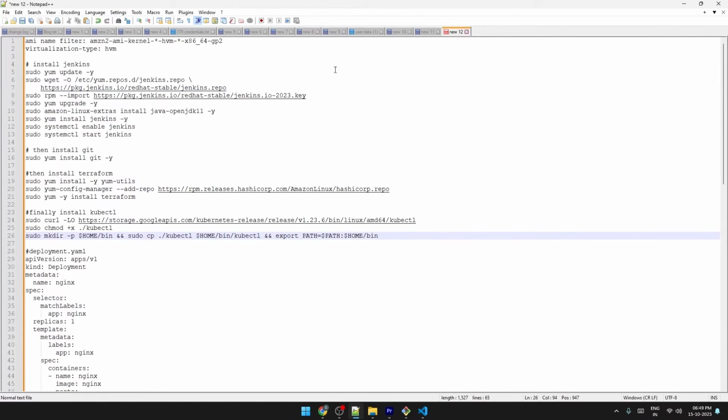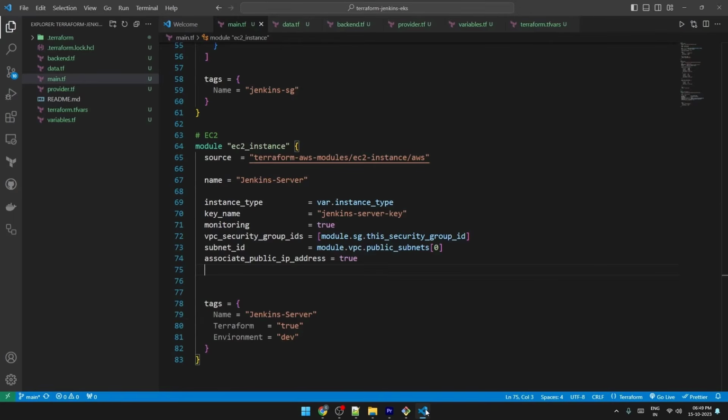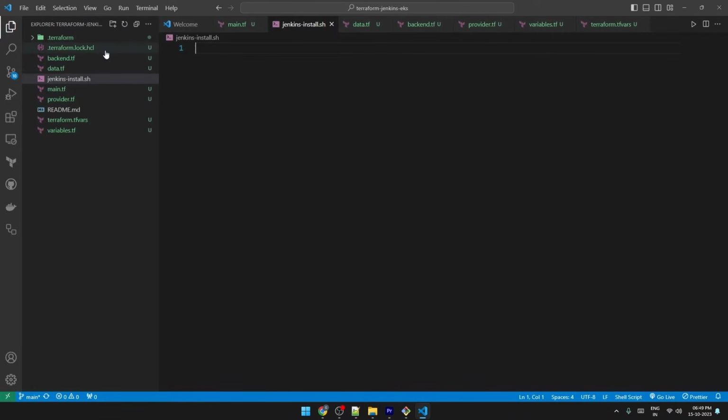But what I'm going to do is create a file, let's say jenkins-install.sh. So basically this is the file that contains all the commands and this will be pushed as a user data